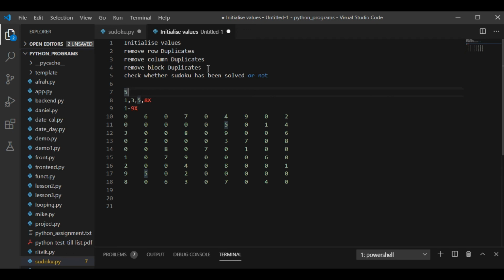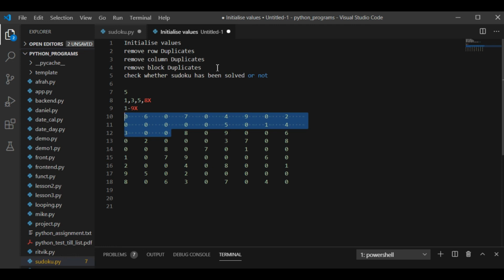duplicates. I have told you in the very first lesson that we have this table, and inside that table we are going to have subtables. So this is my subtable, this is my subtable. Now we are going to check. After checking the row and the column, we need to check that the value should not get repeated in that block as well. I am naming that subtable a block, so the value should not be repeated in that block as well. So we are going to have a subroutine for that also.